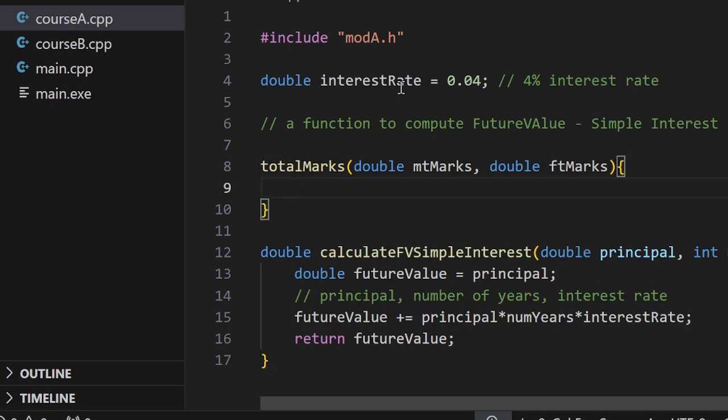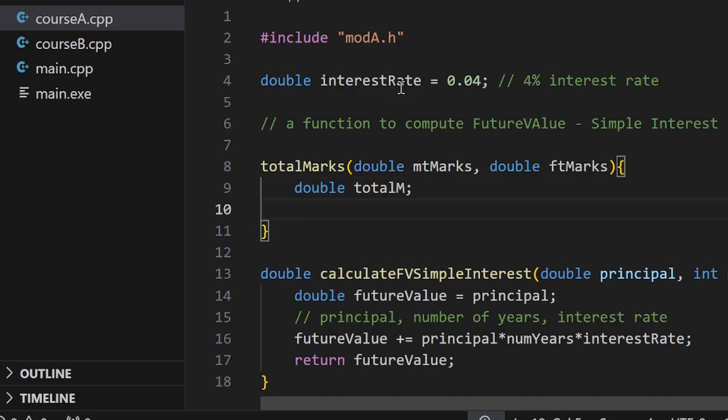So it will do, let me have a variable to store the total marks, and total marks equals to, you want to give some weightage,